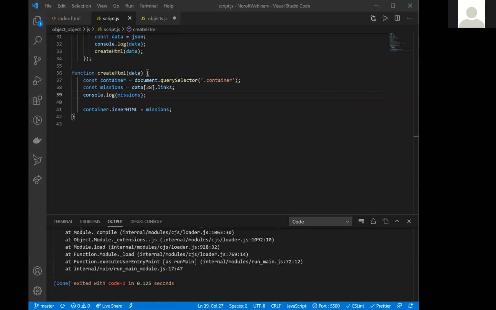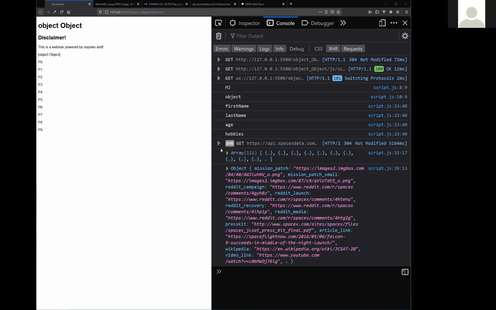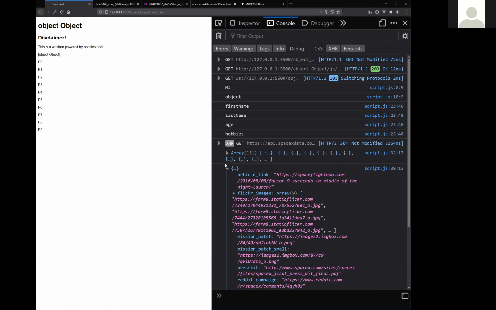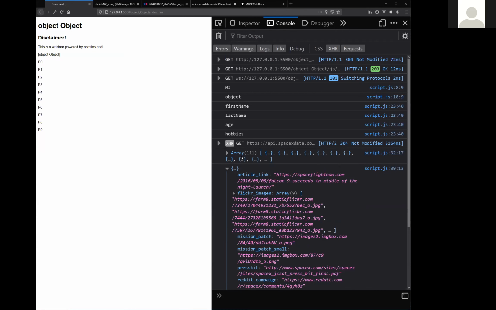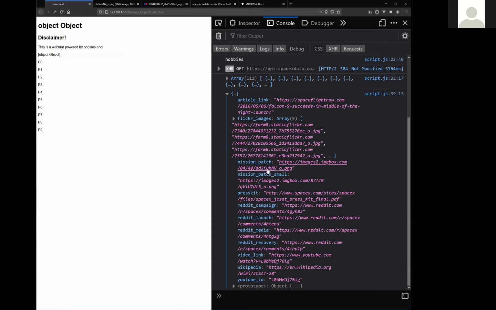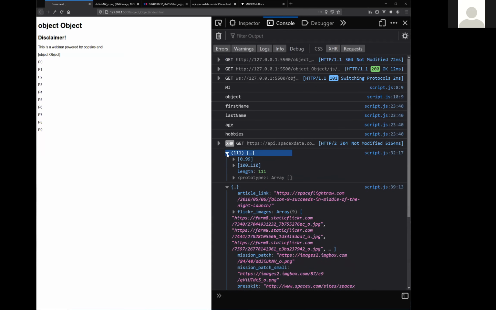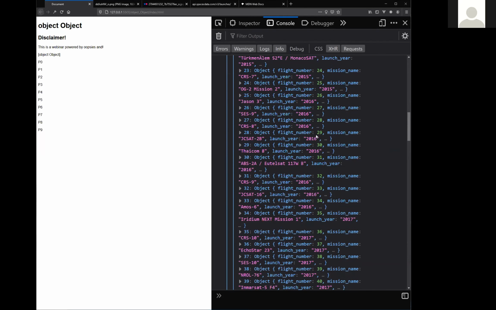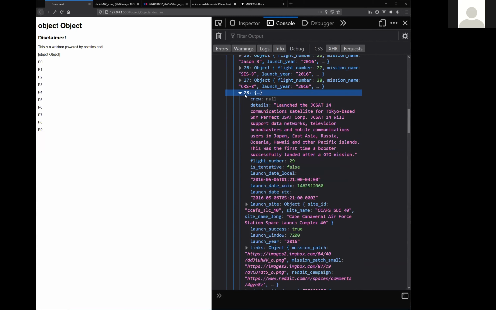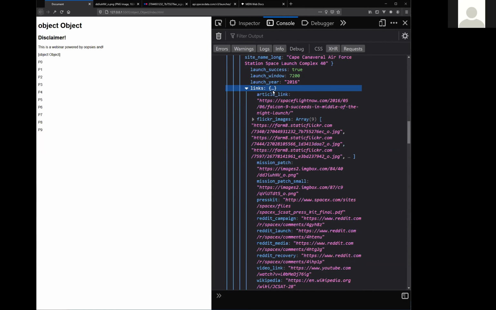Did that make any sense? And it did. Now this object is the links object within the arrays, and we're on array number 28, flight number 29 inside links, which is an object, and then we want